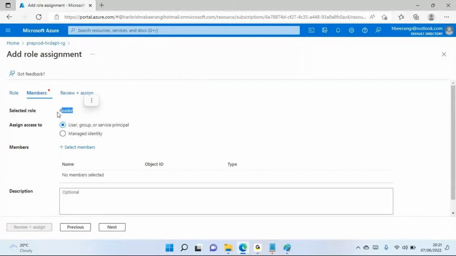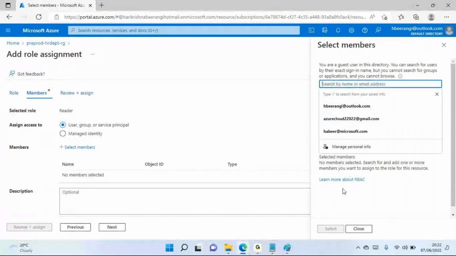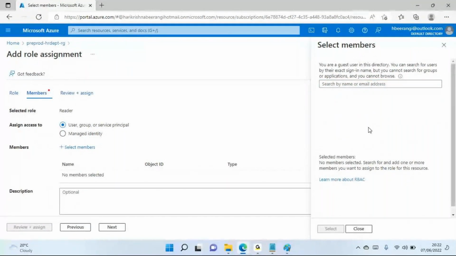So the first option we have here is reader, and the next one is select members. So this option should be enabled: user, group, or service principal. And this managed identity is an Azure Active Directory concept, which we are going to see almost at the end of our sessions. Okay, so let's focus only on this step. Select members. So let's say you have got a distribution list, or you have got a security group that you want to enable access to specific users. See here,